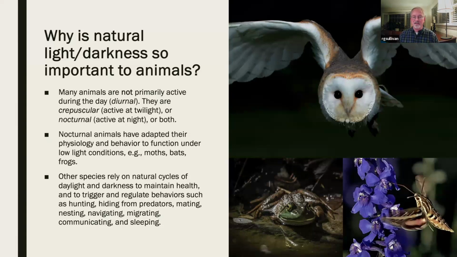So if a frog is sitting at the edge of the frog pond or wherever, and a car comes by, and just in the amount of time that the light is shining in the frog's eyes, it can take them an extremely long time to readjust to darkness, much, much longer than it would take even a human being. And in that time, they can't do what they're supposed to do, like find prey. And of course, they are prey. And if they cannot see, they have a much harder time evading predators.